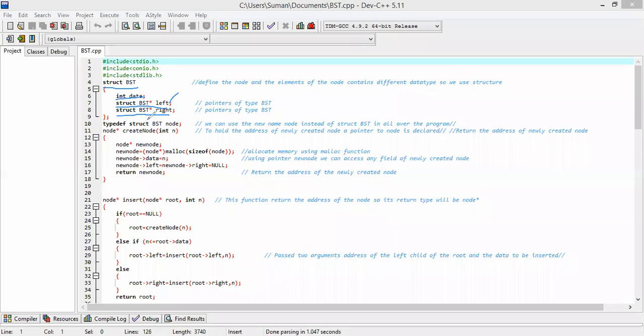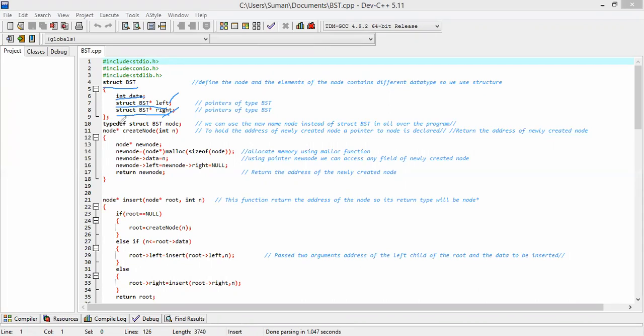Struct BST star right means our pointer is of BST type, and it will point to the right child. So our structure will contain a data field and two pointers, and these two pointers will be of our structure type.